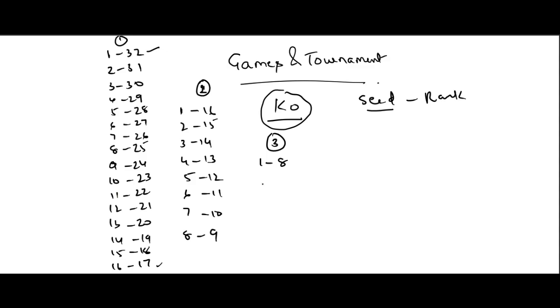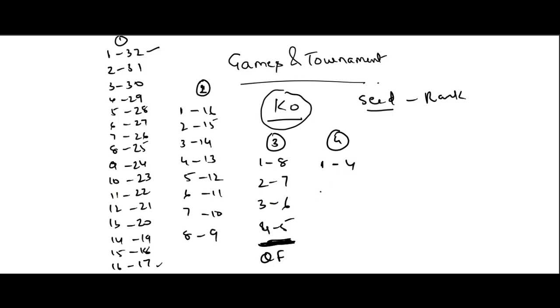So we'll assume that 8 wins, 2 will play against 7, 3 will play against 6, 4 will play against 5. Now here when the 8 teams are there and only 4 matches are there, this round is called the quarter final round. Coming to the fourth, again the winner of the first match, that is 1, will play against